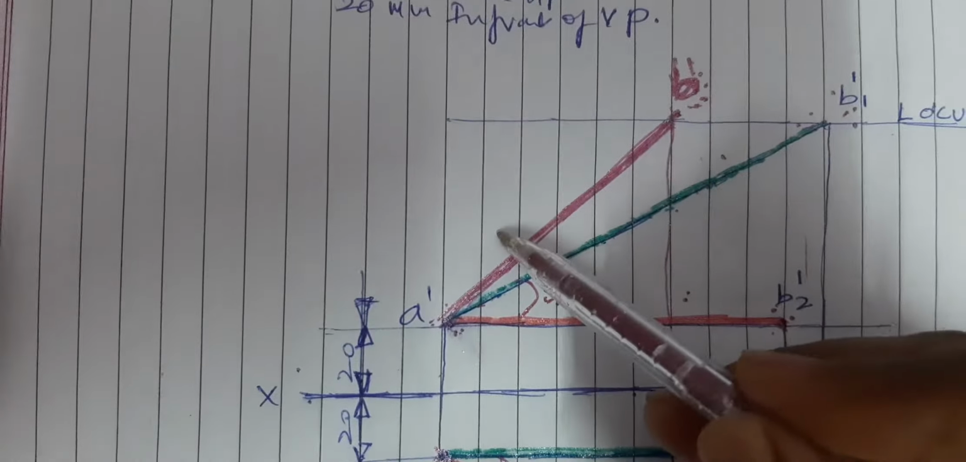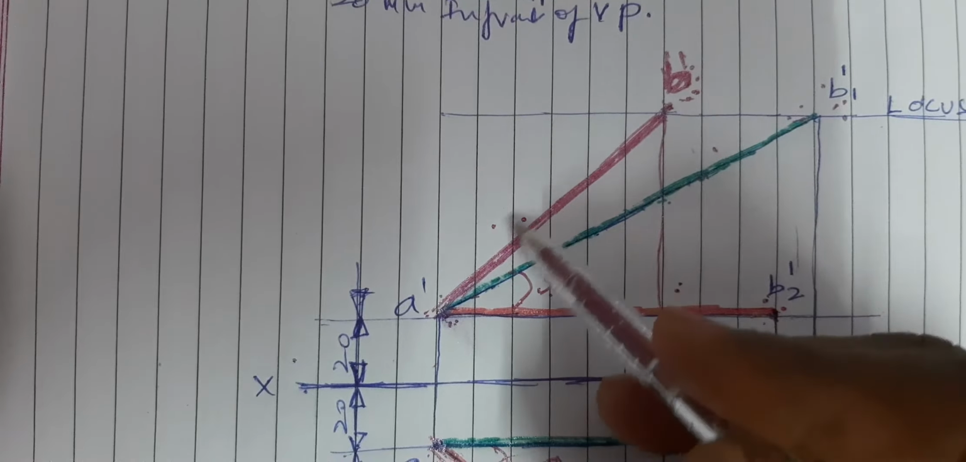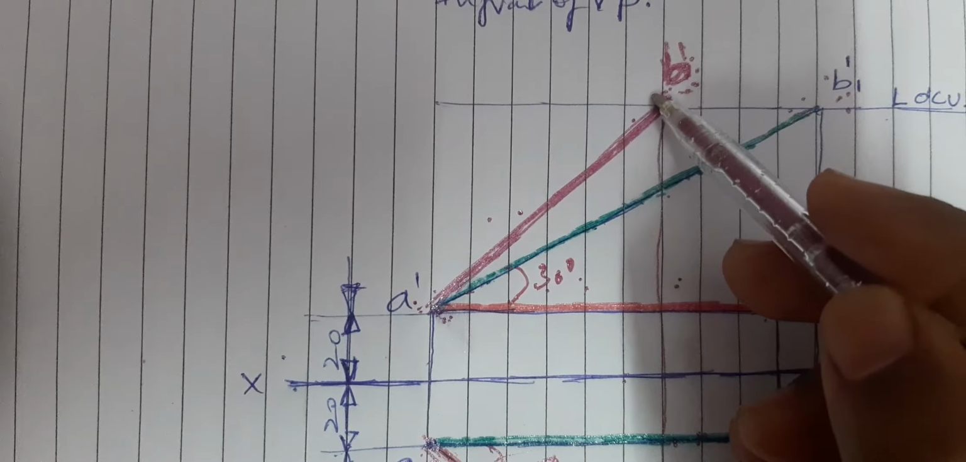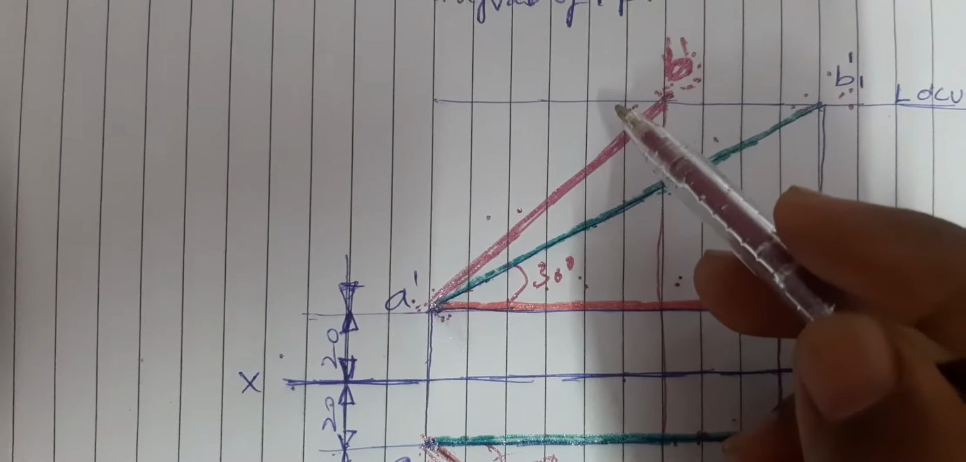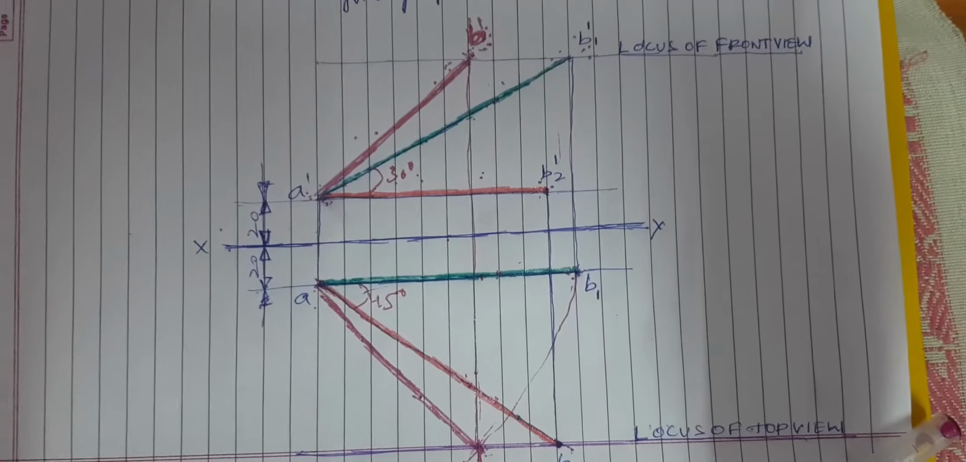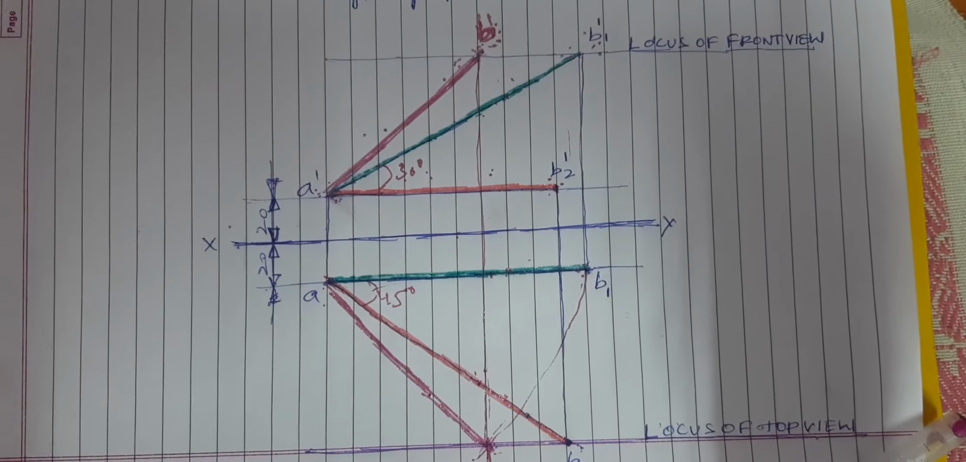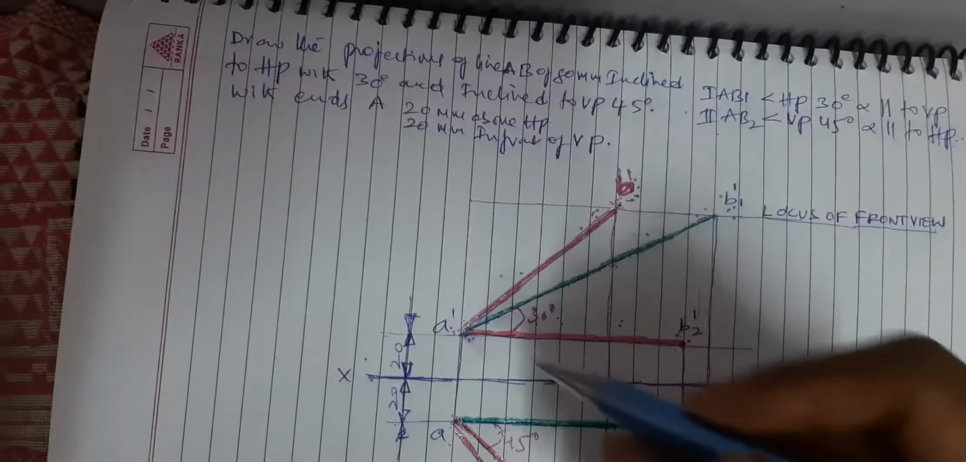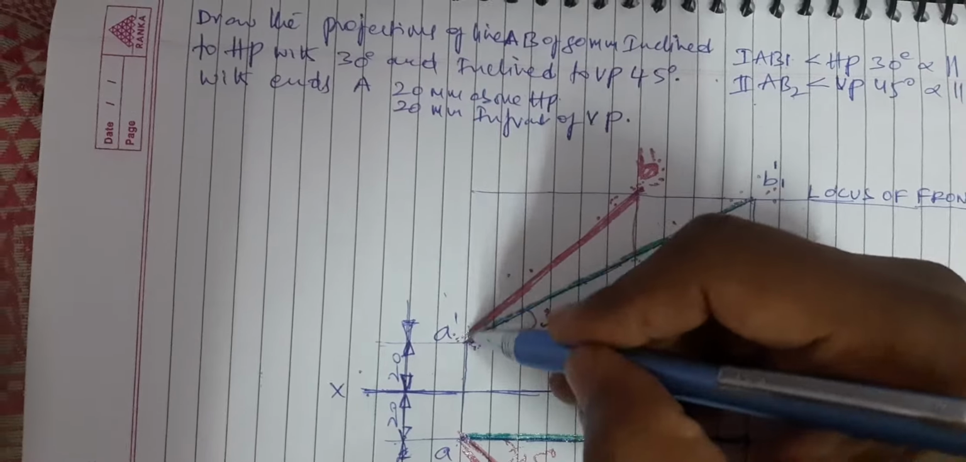Now this represents the actual front view. A dash B dash represents the actual front view of the line when it is inclined to both HP and VP according to the question. So like this you need to draw the projections, right? So now it's time to represent its dimensions. So as it is given,